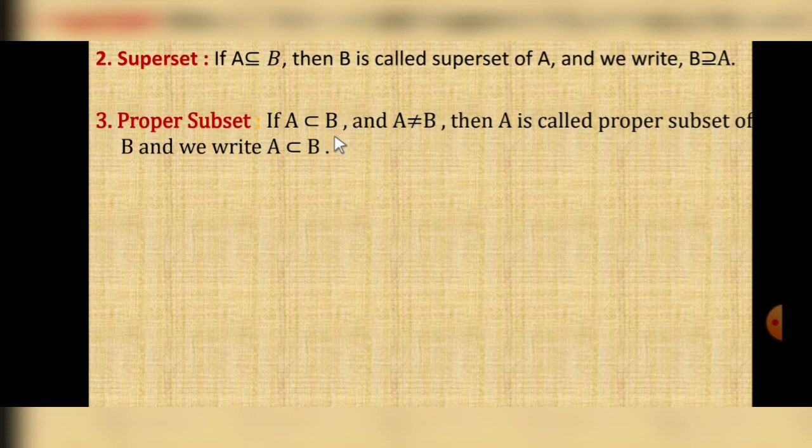Means students, you can easily remember, except the same set, other subsets are there, those we call proper subsets. Except this same set, the remaining terms we can call a proper subset. For example, in the given set A equal to 1 to 4, numbers are there, then except the set 1 to 4, other subsets we call proper subsets.